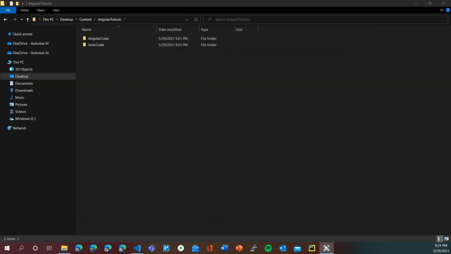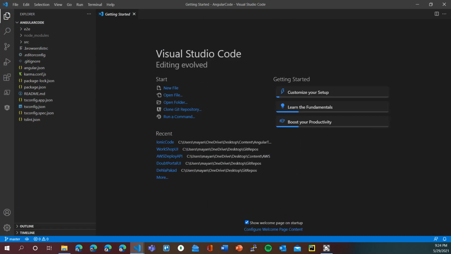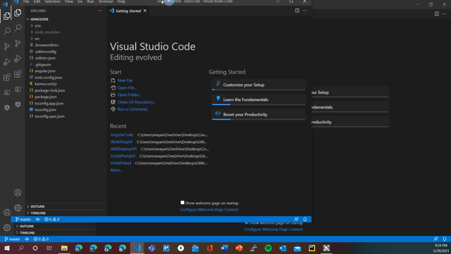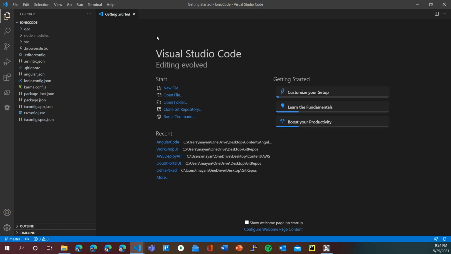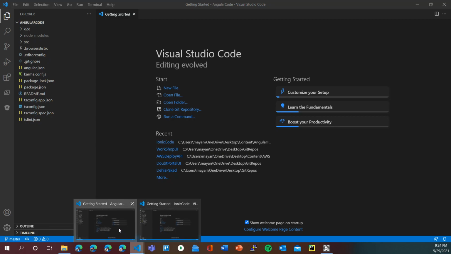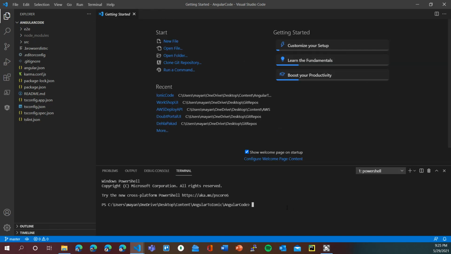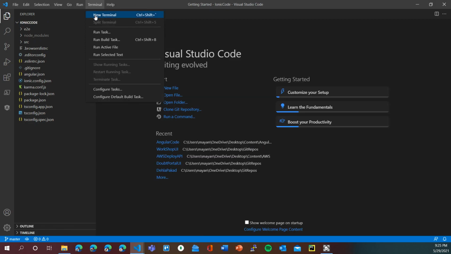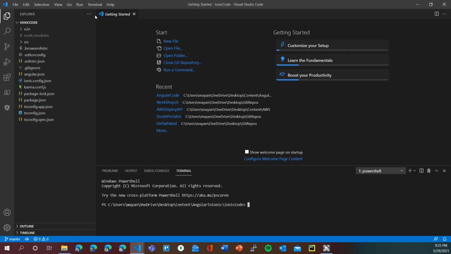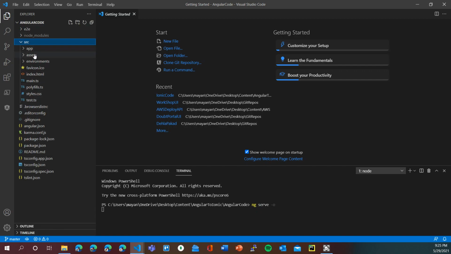Now I'll close these terminals and I'll open the VS Code. So this is the VS Code for Angular and this is the VS Code for Ionic. Currently, we'll create a dummy program in Angular. We'll serve the Angular and we'll see how to convert the Angular code to Ionic. So first I'm executing ng serve -o, and similarly I'm executing ionic serve. So till the serve happens, let's start changing the code.